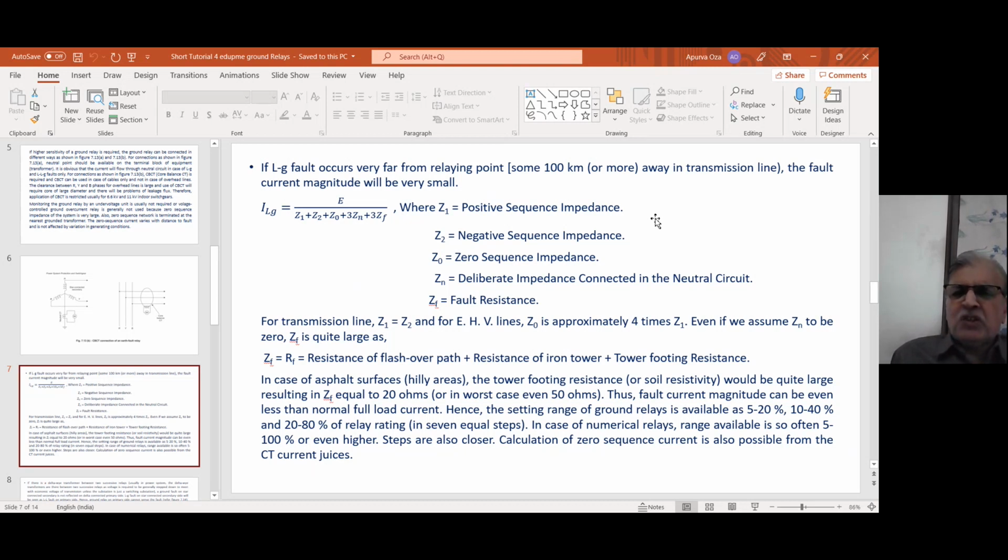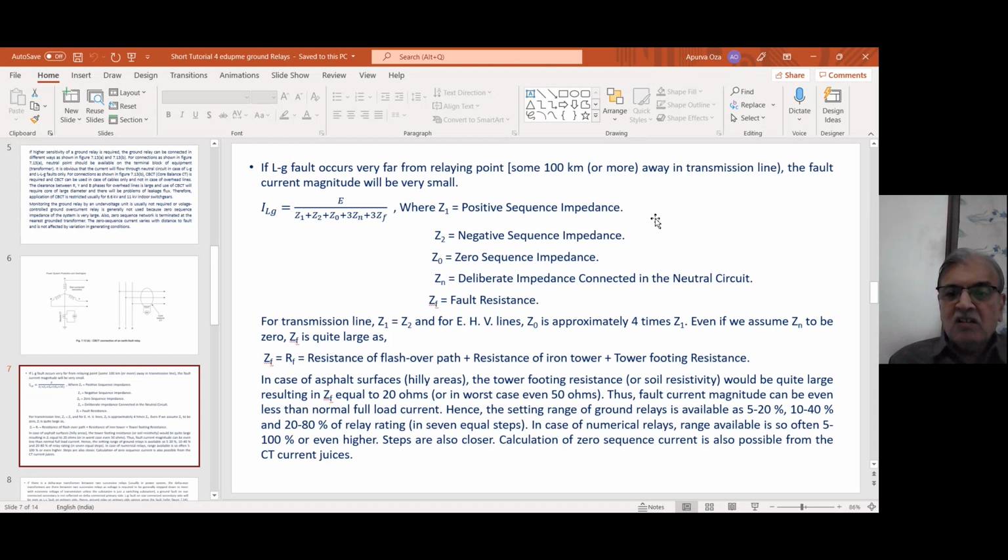It is usually resistive because it is a flashover. So flashover arc resistance is usually resistive. So Zf is resistive. Now, even if you have not connected any Zn, because usually EHV lines are solidly grounded, Zn is 0. But even in that case, Zf is very high in case of ground faults, whereas it is very low in case of a double line fault, hardly 2 to 4 ohms. But for a single line to ground fault, its value can be 20 ohms or even 50 ohms found in the field when your lines are